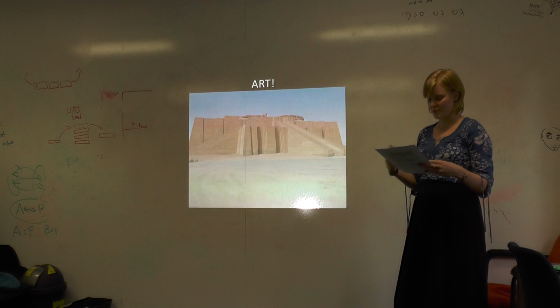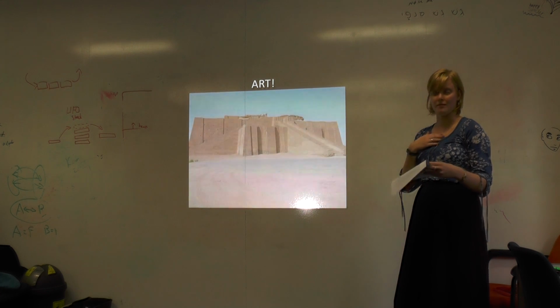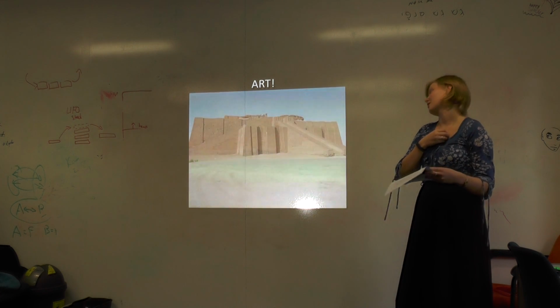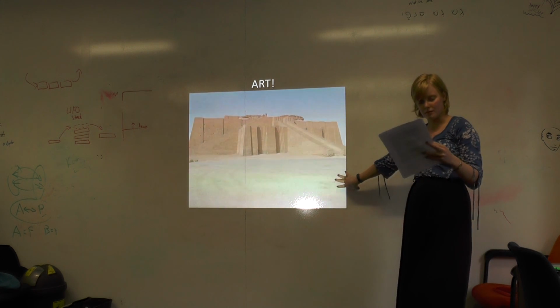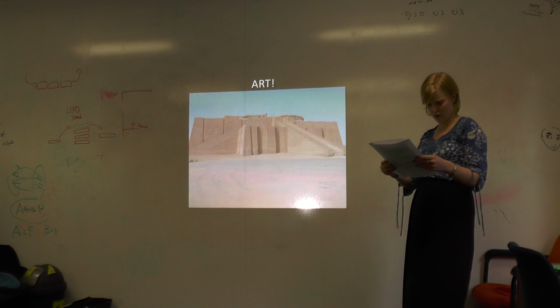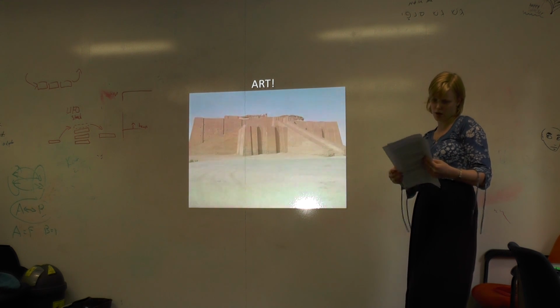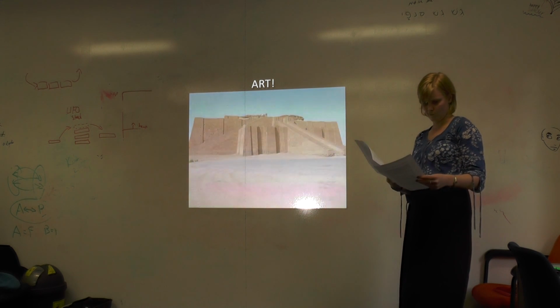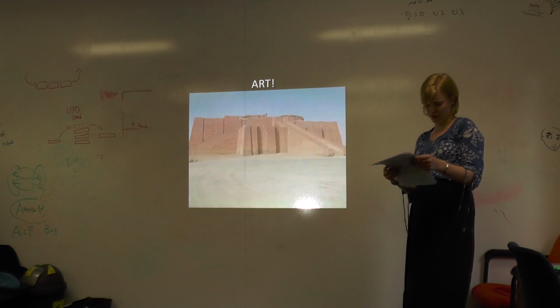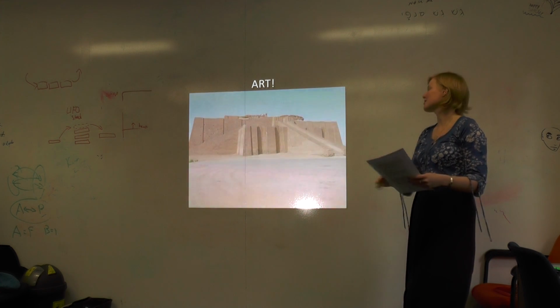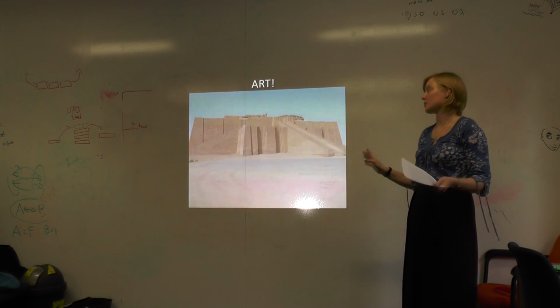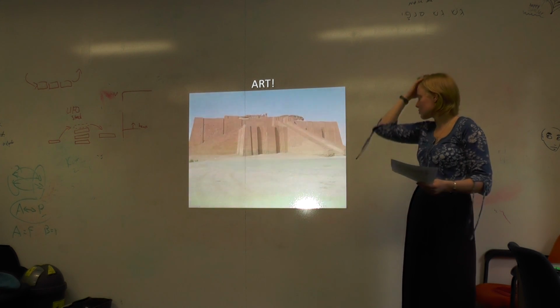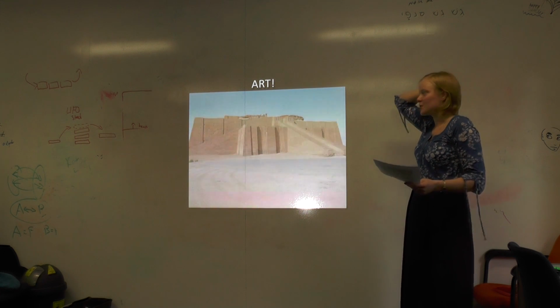So this is where we get Mesopotamian art, so cultures like Sumer, which I've unfortunately not found an image of, but this is one of the amazing ziggurats in Iraq, I think. Anyway, this is an amazing ziggurat temple from around Mesopotamia. I think this one is in Iraq, but it's just one of those amazing things where you can really clearly